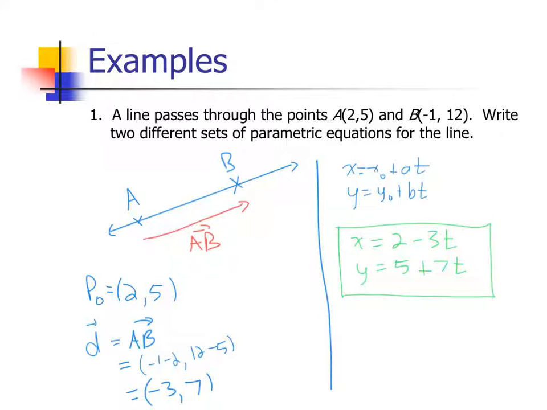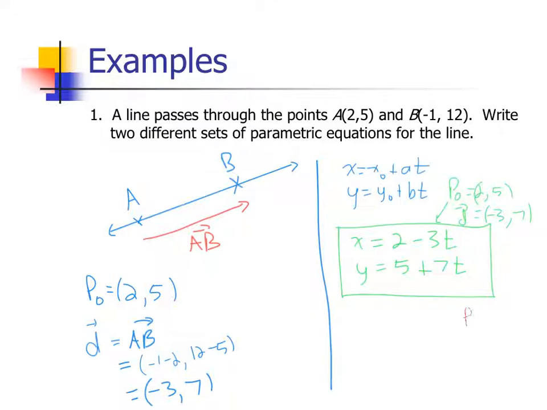It's not like y equals mx plus b, where if you write the slope in lowest terms, everyone's going to have the same slope, and there's only one y-intercept. Here we can use any point we want and any direction vector we want. So for this one, for example, we said P naught was (2, 5) and our direction vector was (-3, 7). We could, if we wanted to, say,